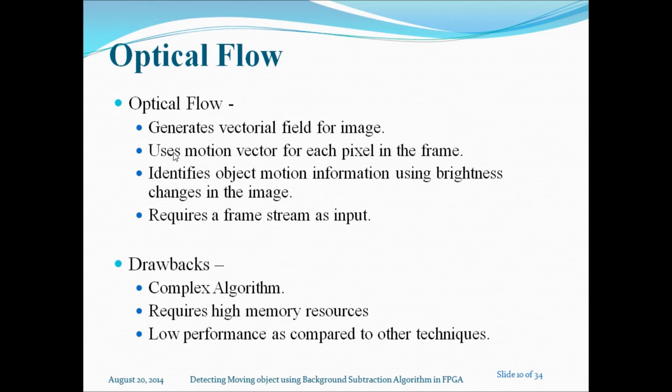Another approach for motion detection is optical flow. In optical flow, brightness change in the images from the previous image gives the moving object. In this method, the motion vector of each pixel is computed. An entire image could be imagined as a vector field. The motion vector of each pixel represents the brightness of the pixel. The region of the image where brightness change is observed is considered a candidate for a moving object. This approach gives good results.